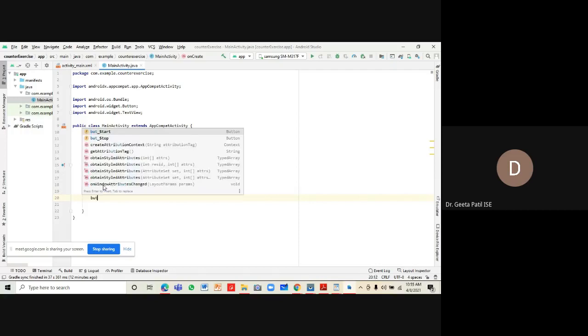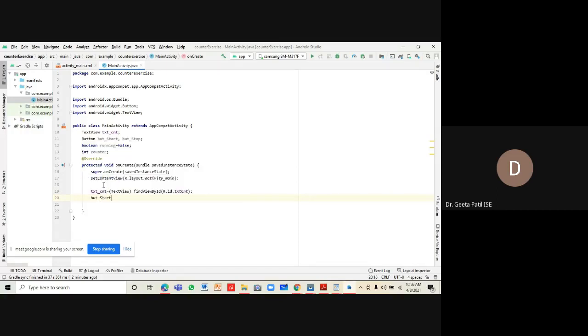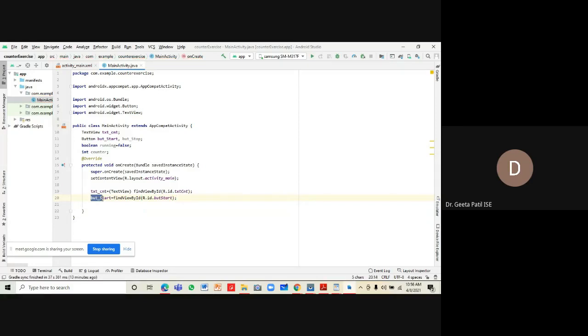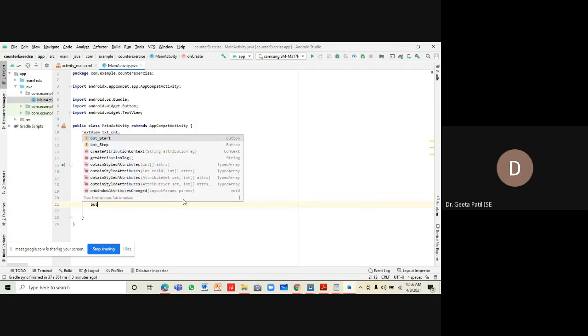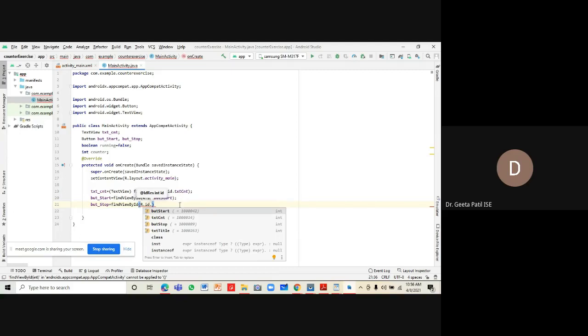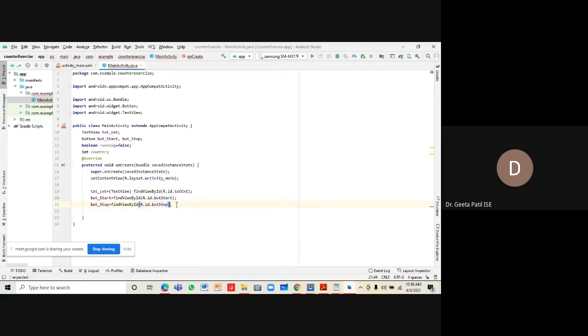Then button start is equal to findViewById from resources R.id.start button, a reference to button start from the XML file. Button stop is equal to findViewById R.id, a reference to button stop from the XML file, and semicolon.